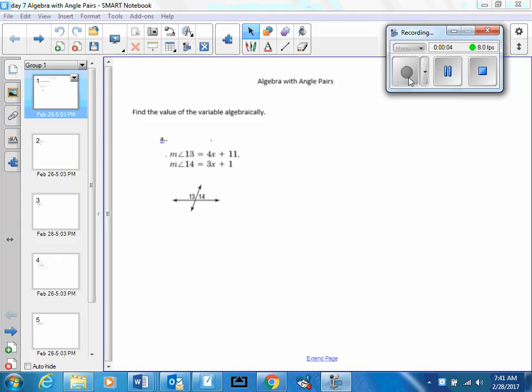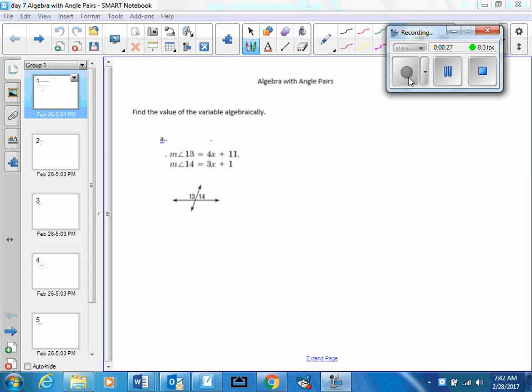you solve problems involving algebra with angle pairs. So the directions say find the value of the variable algebraically. Looking at our first one, measure of angle 13 is 4x plus 11, and the measure of angle 14 is 3x plus 1. And looking at the picture, these two angles are angles on a line, which means they are